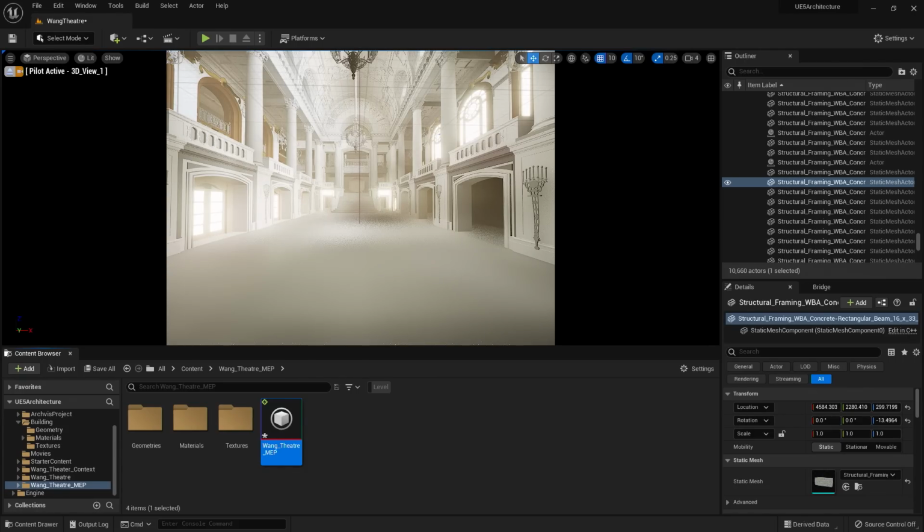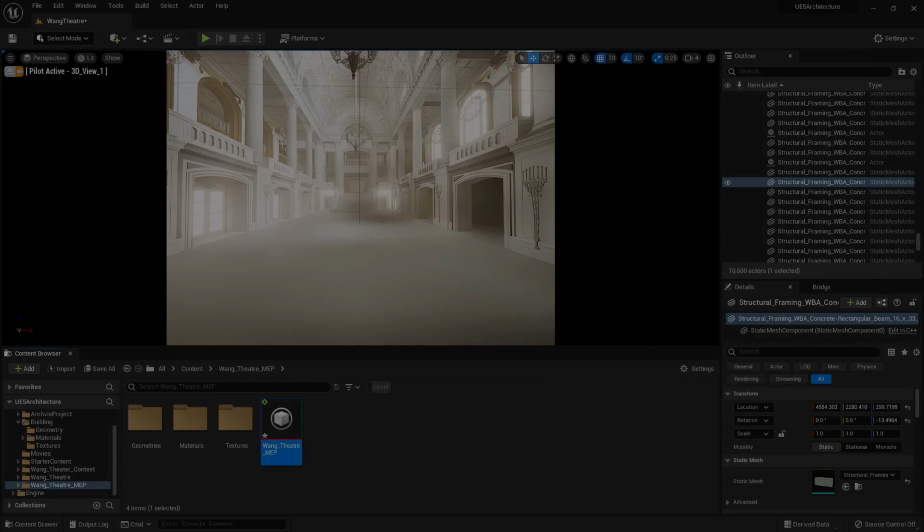Now, I think this is a good spot to jump on over to the project fully built out to showcase some of the Unreal Engine 5 features further. I'll take you through how I built out the project. I'll showcase Lumen. Then I'll go through some of the workflows that enable you to make progress to your model without losing the edits and lighting that you have in Unreal Engine. Then lastly, I'll show you a few modeling tools that will give you some flexibility for how you work between your Revit model and Unreal Engine.